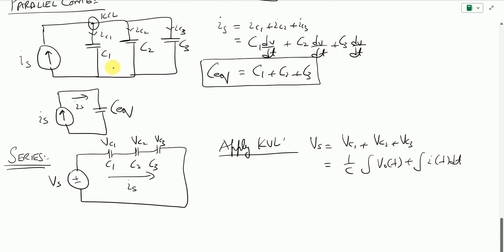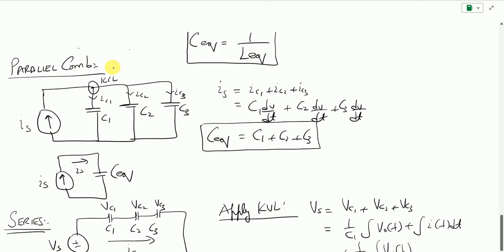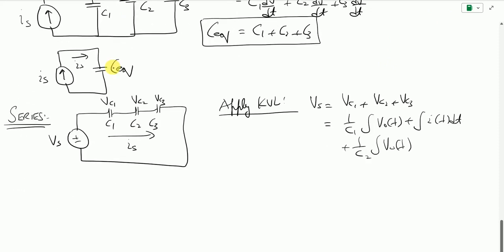Similarly, I can write for the VC2, the second condition, this is C2, this is I2, again it is V naught of T, plus integral of I2 dt, and similarly for the third one, V naught of T plus integral of I3 of T dt,